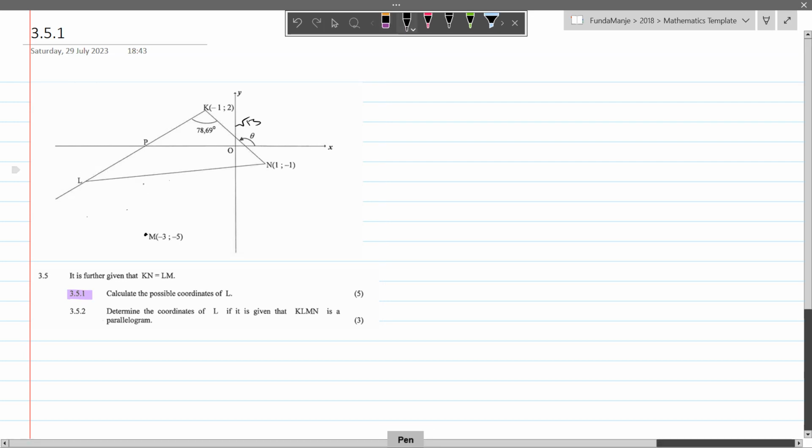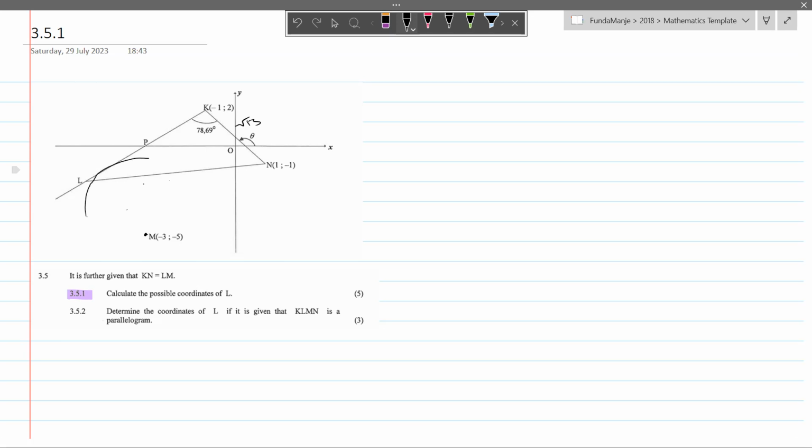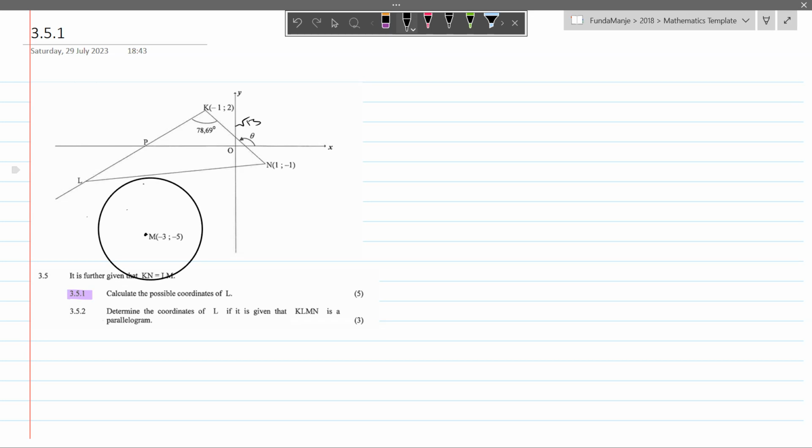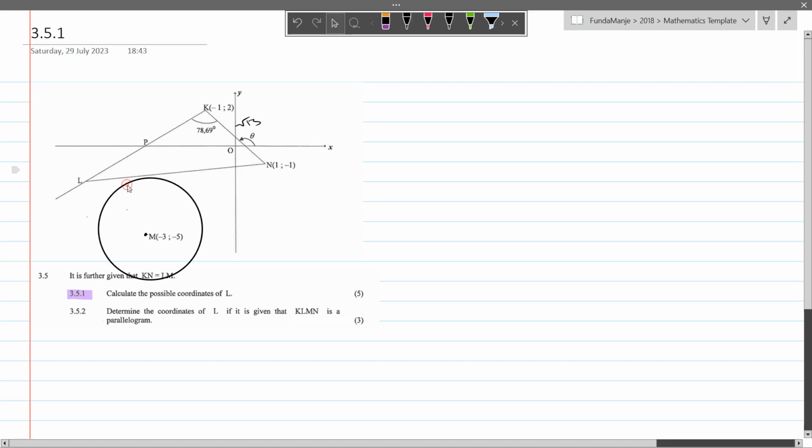Hold on, I can't really draw it fully, but something like that. Oops, I don't know what's going on with my circles today. There we go. So that would have a proper radius of root 13. And we basically are trying to find the points of intersection of our circumference with